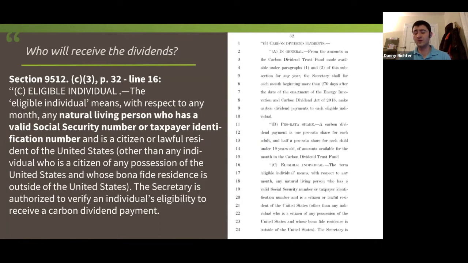There was some football to a couple of different constructions, but where the legislators landed was, because a lot of those are islands, no fee and no dividend. The residents of those islands would not be subject to a fee because there would have to be some sort of border adjustment for those. So they don't pay the fee, but they don't get the dividend. There also would have been problems on the dividend. So in this version, they're not subject to the fee, and they're not subject to the dividend.